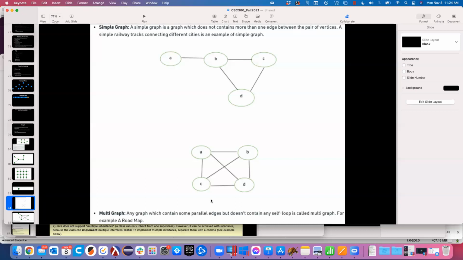Port Washington Road has a northbound lane and a southbound lane. We could consider that 2 separate edges. One is a directed edge heading north out of Mequon to Grafton. The other one is a southbound edge heading from Grafton down to,